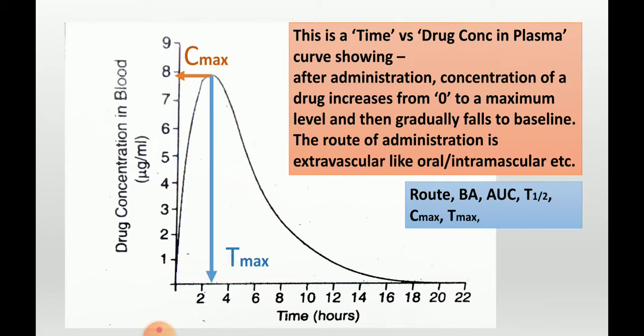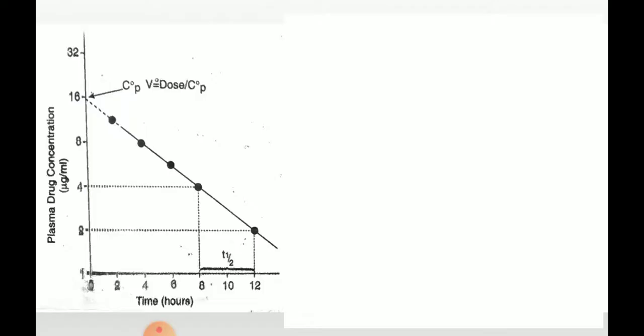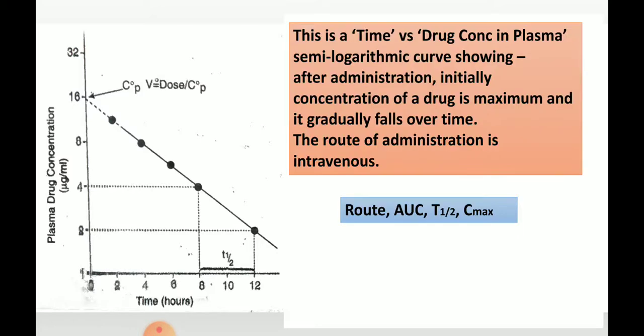This is a part of pharmacokinetics. In this curve, the drug is prescribed by intravenous route. This is the time versus drug concentration in plasma, and you see there is a straight line. Why is there a straight line? Why is there no distribution? Because the initial data being taken from 2 hours. So the rest of the data being extrapolated from 2 to this particular level, the level of 10.